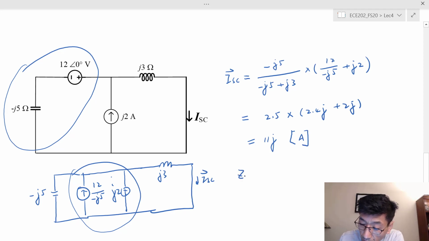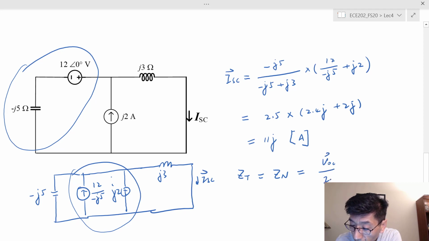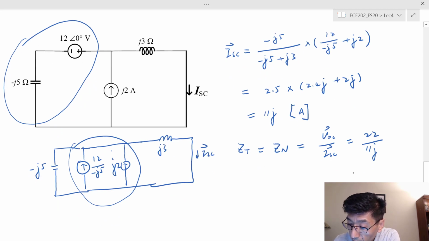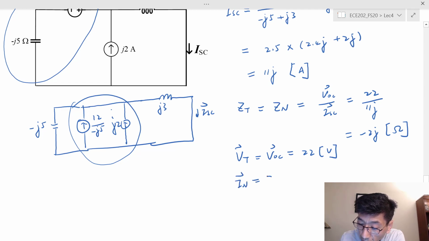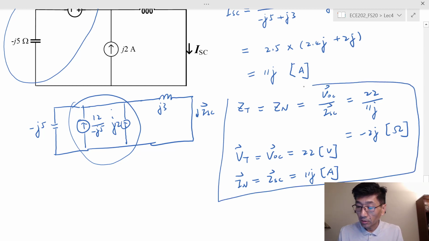And now we have ZT. It should be equal to Z sub n. And that's equal to VOC over ISC. VOC is 22 and ISC is 11J, so that's equal to negative J2, negative 2J ohms. And of course VT is equal to VOC, that's equal to 22 volts, and I sub n is equal to I sub SC, that's equal to 11J amps. So these are all the parameters we find for the Thevenin and Norton equivalent circuit seen by that